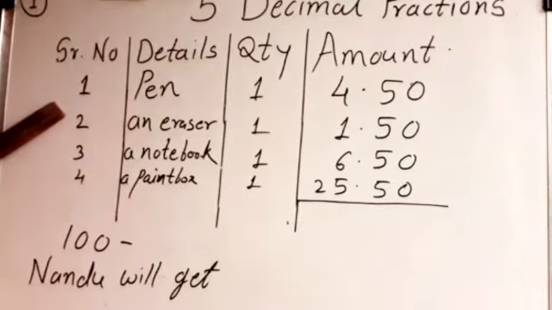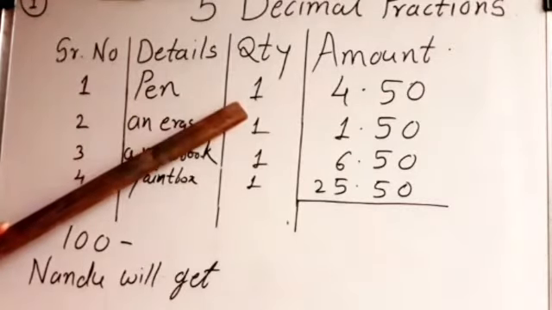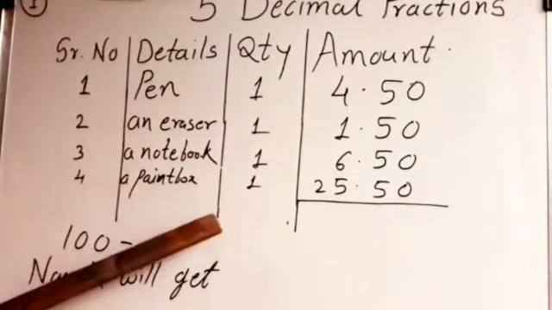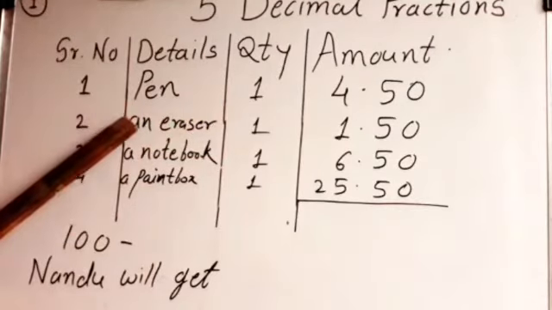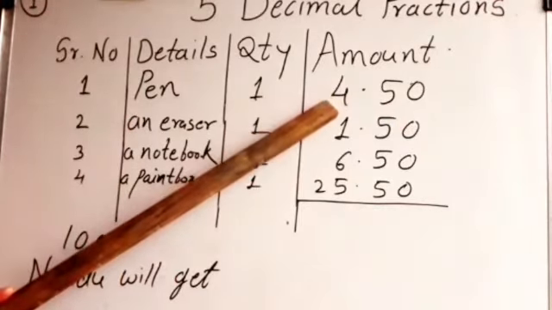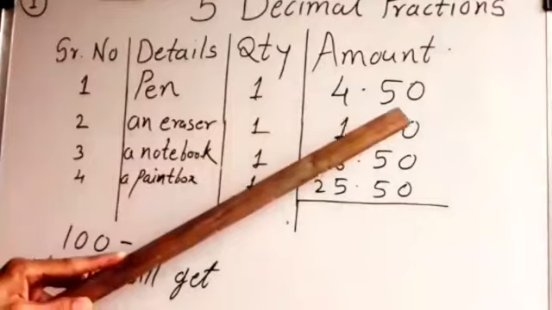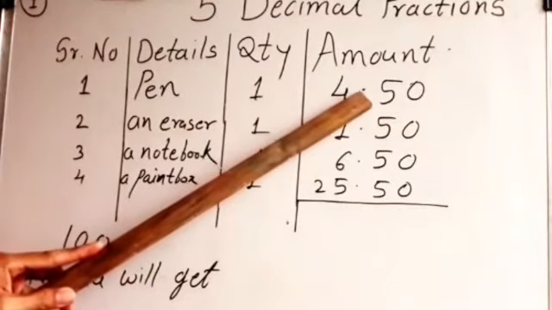So he brought a pen costing 4.5 rupees. So see, first he brought a pen, and how many? One pen. Each quantity he brought one only and the cost of the pen is 4.5 rupees. Now see, 4.5 rupees. How I have written? Rupees 4 and half means 50. Now you should know 1 rupee means 100 paisa. Okay, this is the basic thing. 1 rupee means 100 paisa. So half rupee means 50 paisa. So 4.5 rupees means what? 4. This is called the decimal point.